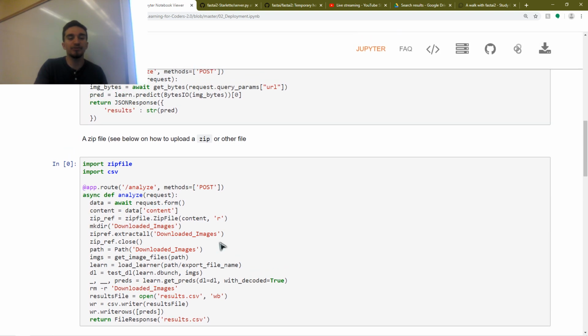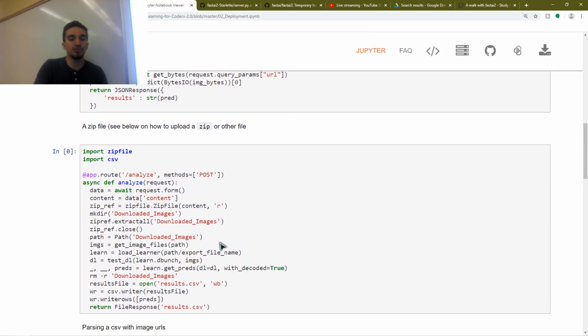Now, the zip file is where things get a little bit trickier because we want to do everything more efficiently than just simple learn.predict, because that'll use your CPU. Let's look at how you can either A, use your CPU, or B, use your GPU if you really want it. So what this function is really doing here, now for those of you that do security, you'll notice a very big flaw here, but it's by use case. So we're going to have our user upload a zip file. We'll create some directory called downloaded images, extract all of those into this folder, and then grab our images, load our learner,